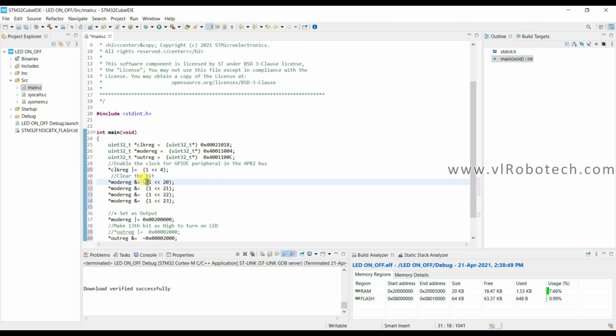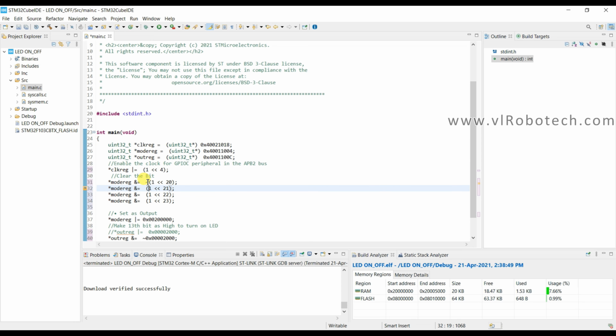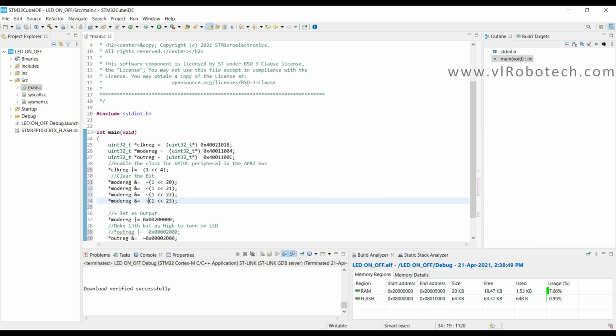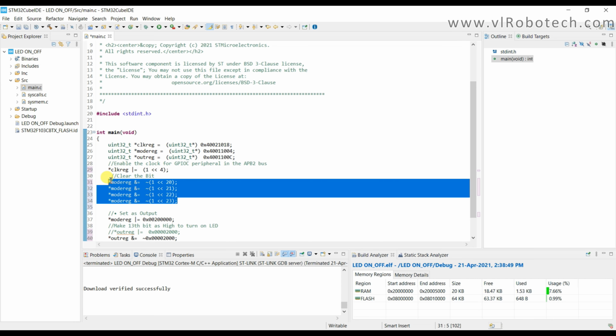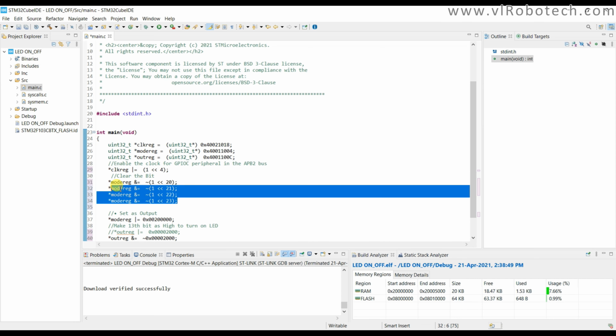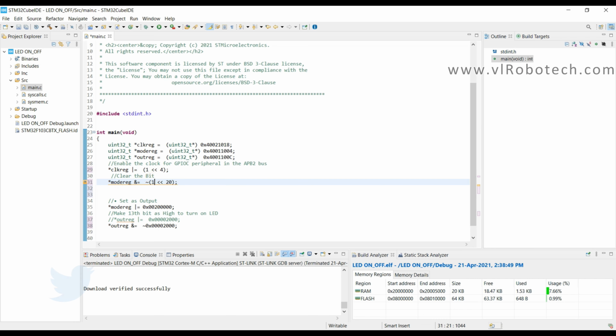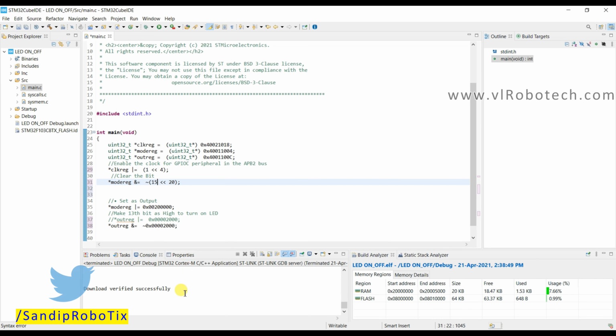Okay, here don't forget to negate. Okay, instead of this 4 line we can write in 1 line. So I will remove this. We can type here 15, because 15 will be in binary form 1 1 1 1.